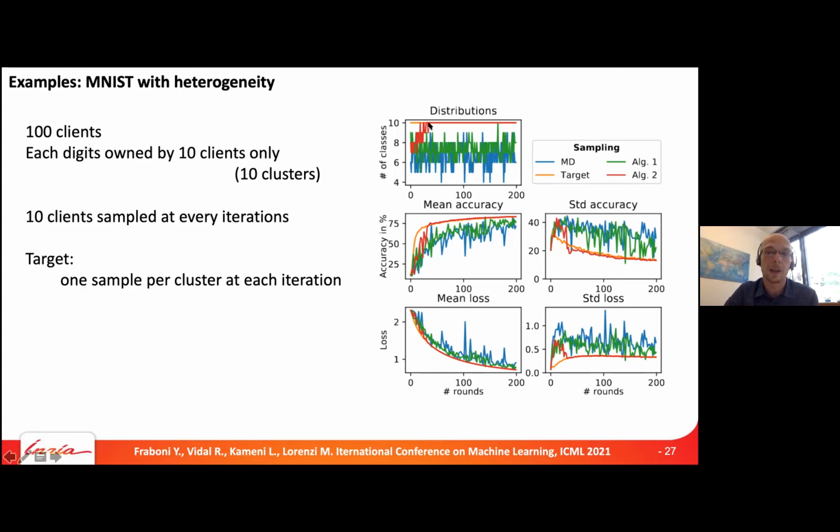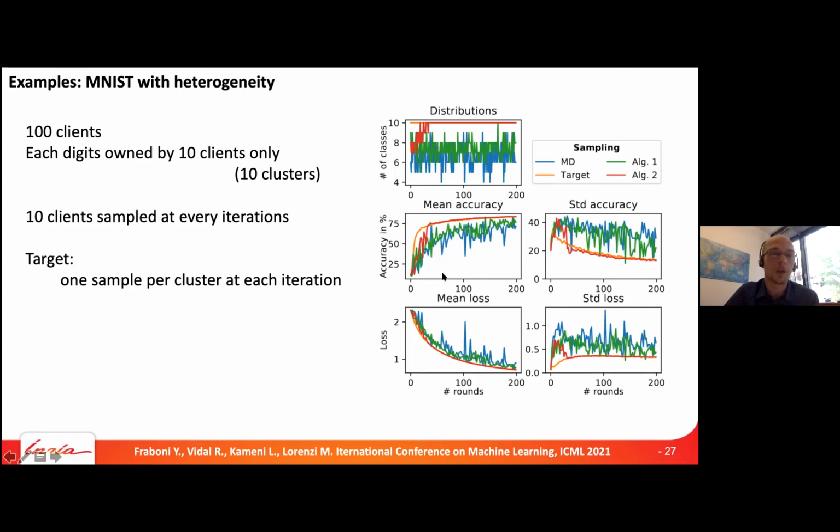And this is what we are seeing here. At some point, the clusters are so well defined that we can define perfectly the 10 different buckets that assign one probability to each of the cluster, so that every time we just pick clients from that cluster. And to confirm also the other properties, we see that the convergence, the accuracy and the loss of this sampling based on similarity is much improved, and the variability is generally very low.